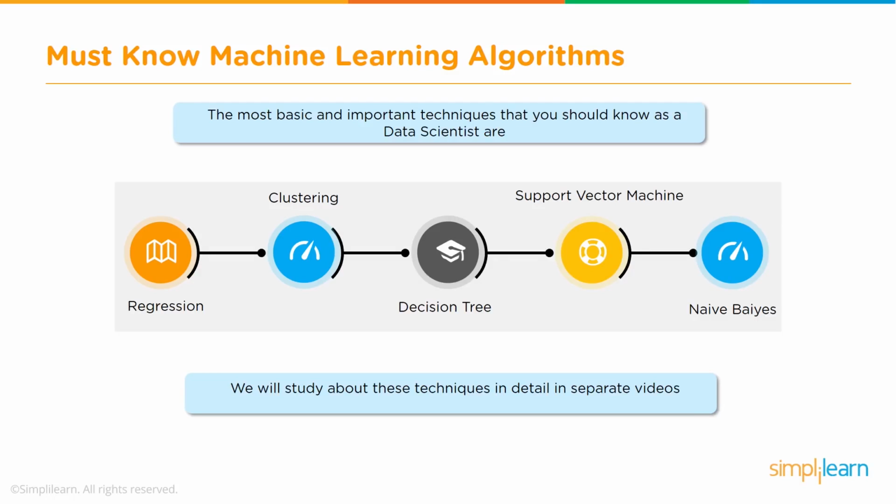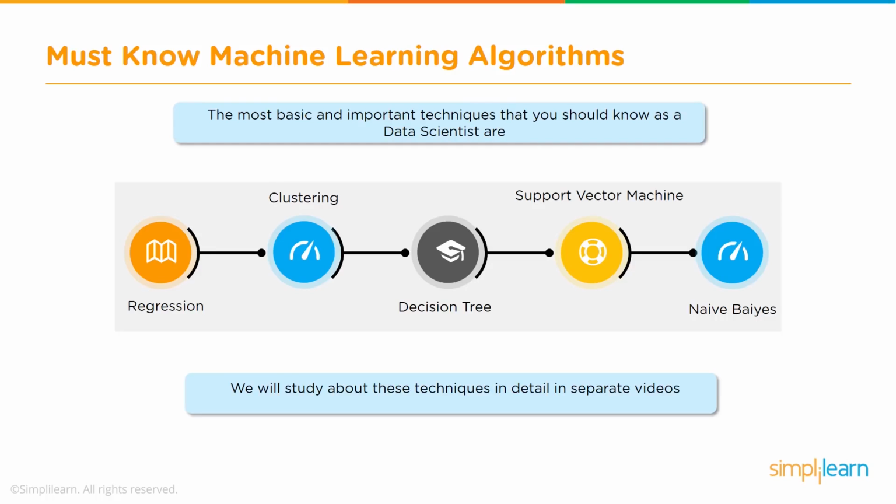Now, decision tree is used for what is known as classification. Primarily, it can also be used for regression, but by and large, it is used for classification. And here again, it's a very logical way in which the algorithm goes about classifying the various inputs. One of the biggest advantages of decision tree is that it's very easy to understand and very easy to explain why a certain object has been classified in a certain way, compared to some of the other mechanisms like support vector machines or logistic regression and so on. So that's the advantage of decision tree, but that is also a very popular algorithm.